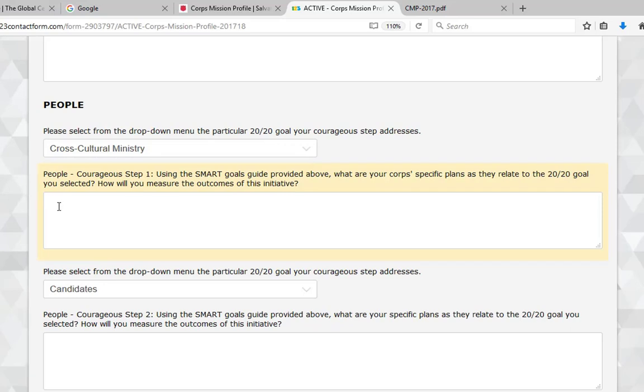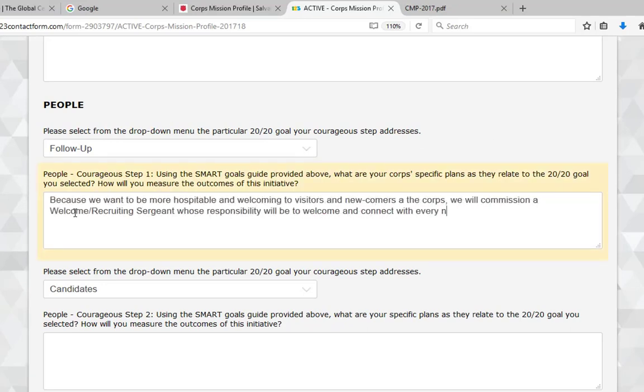Following this format can be a little bit challenging, but it can also be an extremely productive exercise to really think through in a robust way goals for the future of the Corps. So I'll give one example, and keep in mind that this isn't meant to be suggestive in any way, but more demonstrative. All right, let's suppose that our Corps has decided that follow-up should be a priority during the coming year because, through the conversations that we've had, we've recognized that we're not doing so well connecting with new people coming through our doors. So an example of a possible SMART goal for this might look something like,